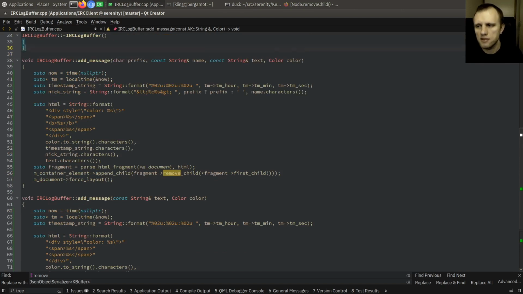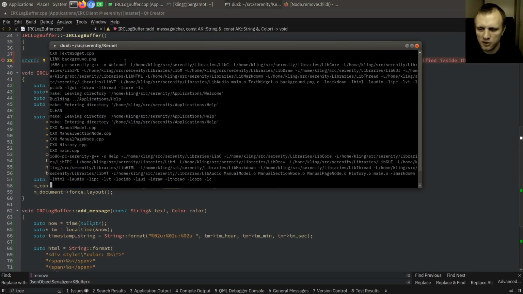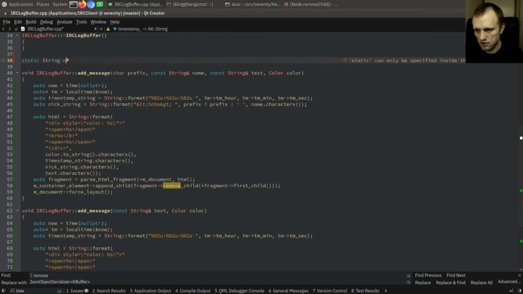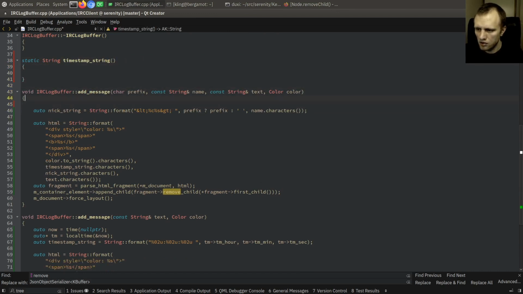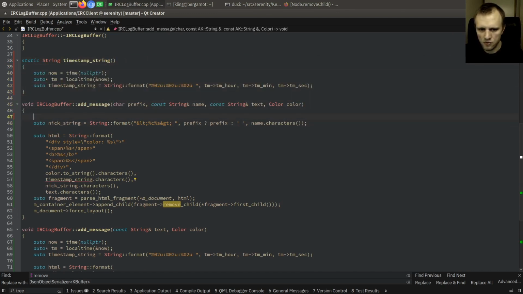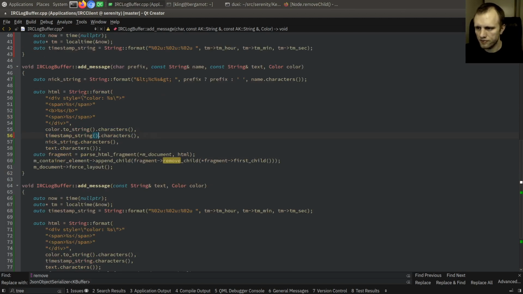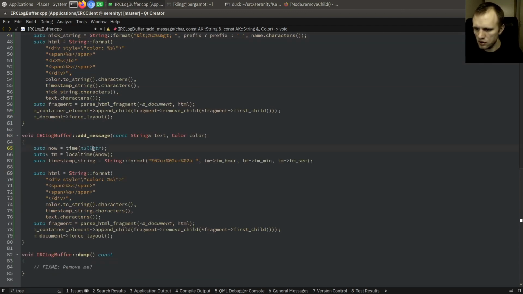Okay, and this time string thing is annoying to me. Timestamp now, no string, something like that. I'll just do that and that, and then we can